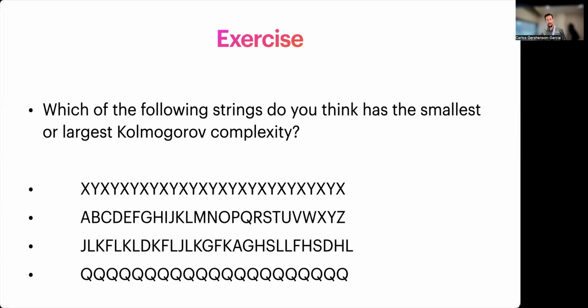The second string is just print the alphabet. And then, of course, it depends on whether, let's say, the alphabet is encoded in the program or not. But then if it's part of the program, you're basically writing the whole string. So say every character is different, so it will be difficult to compress. Then the third string,